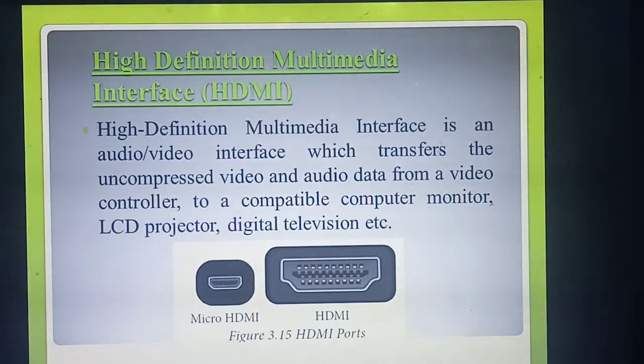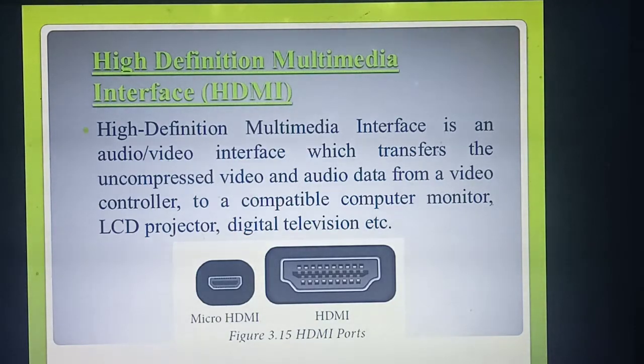So what's the use of HDMI? You might also have seen the big TV in cricket stadiums, where they show advertisements and everything. Using this kind of port they connect mobile phones or other devices, and whatever is there will be displayed. That's the use of HDMI. Understood? Up to this, the chapter gets over.